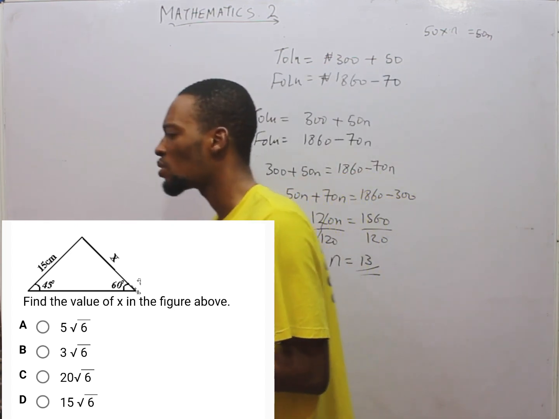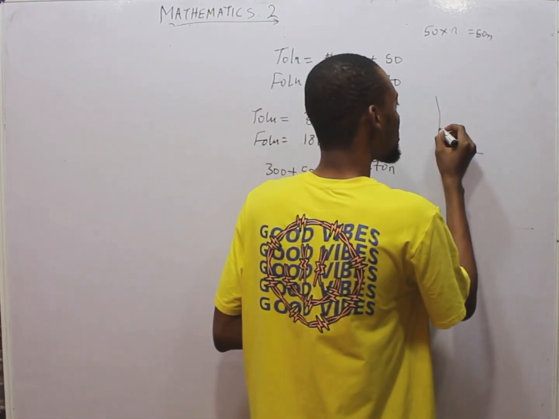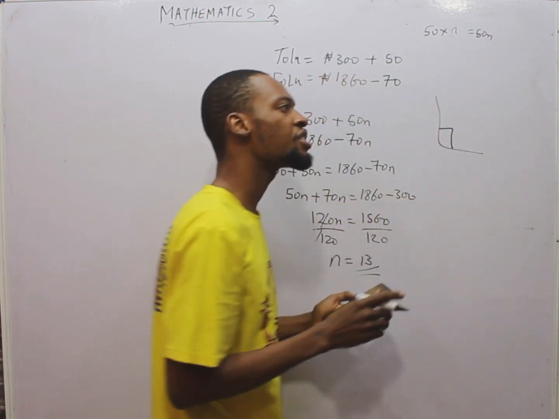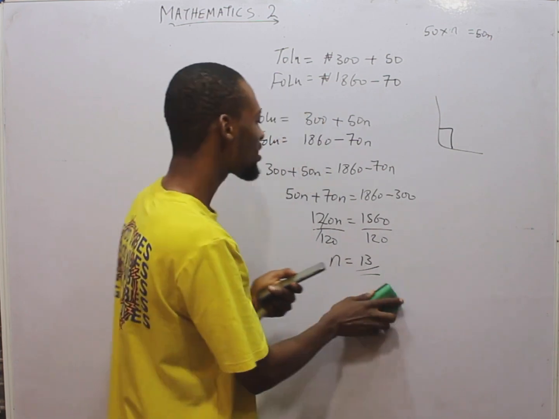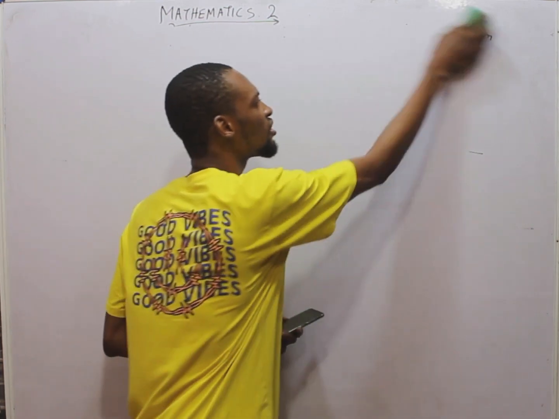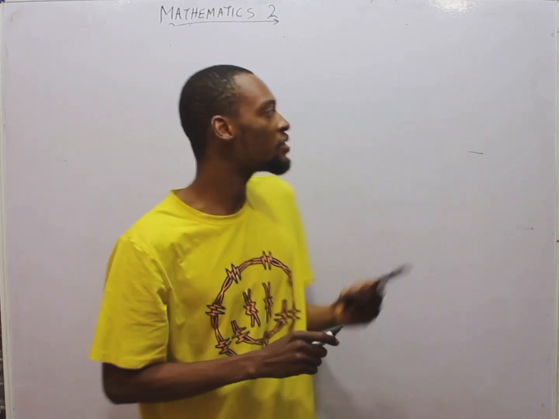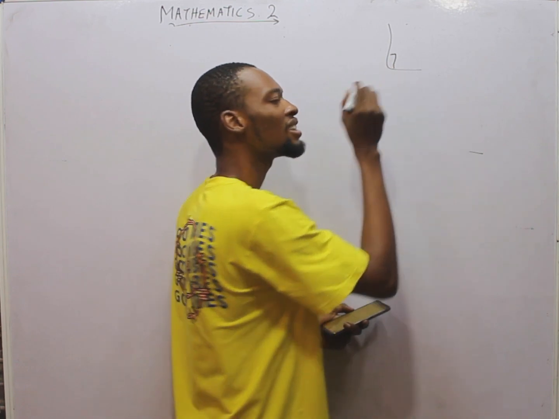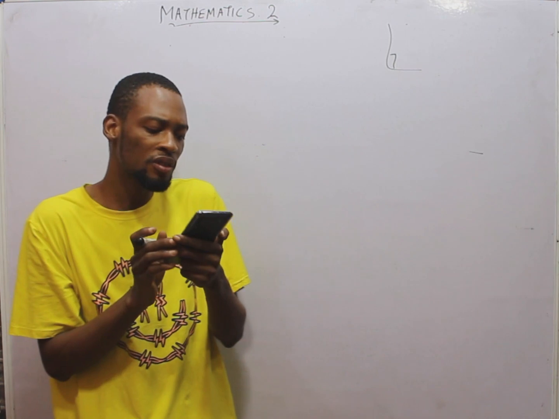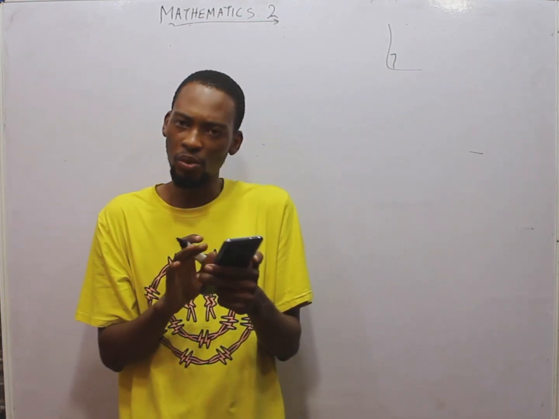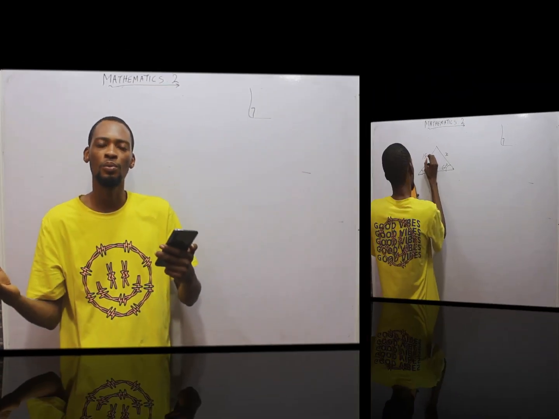What is a right-angled triangle? A right-angled triangle is simply a triangle in which one of the angles is 90 degrees. Since it is not a right-angled triangle, you cannot apply Pythagoras theorem. Take note, Pythagoras theorem only works for a right-angled triangle. The angle where you see something like this, one of the angles is 90 degrees. So this is not a right-angled triangle. And if you are given a non-right-angled triangle, you simply apply what we refer to as the sine rule, or you can use the cosine rule.